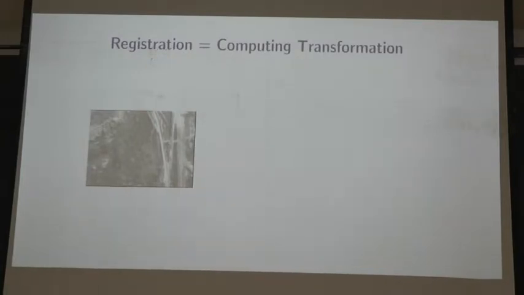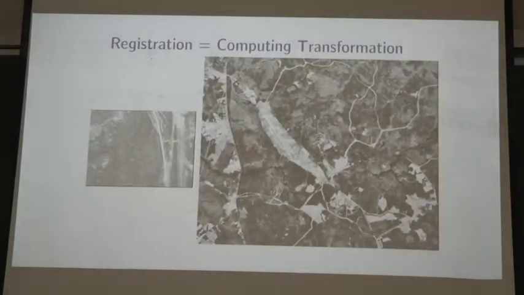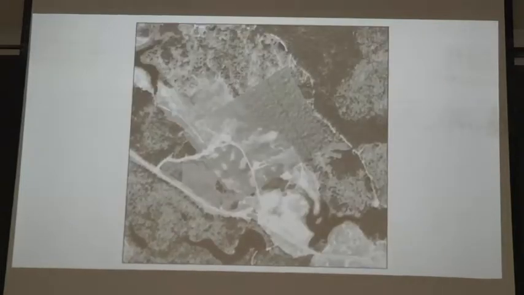So let's say this is the image. This is my mission image. I took it while on the mission, and this is the previously stored image. So the process of image registration is I want to find a transformation that will say where this is in this whole thing. Like in this case, it's about here. But you notice that the modality of this image, I mean the colors, the contrast, and so on, is very different from the modality of this image. Because this was a low resolution video camera which was taking this picture, and this was a kind of satellite sensor or a high resolution sensor. So you have differences in modality.